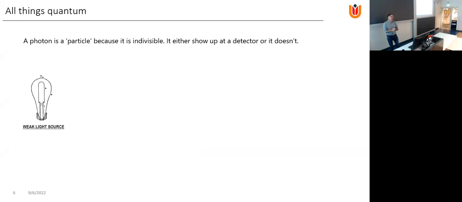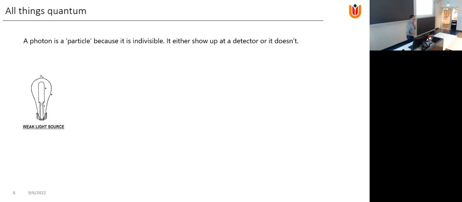A photon is a particle, and we call it a particle because it is indivisible. And a photon either shows up or it doesn't. That's what the indivisible part means. There is no such thing as half a photon. And there is an experiment to show that. So let's say we take a very, very, very weak light source, a light source that only emits one photon